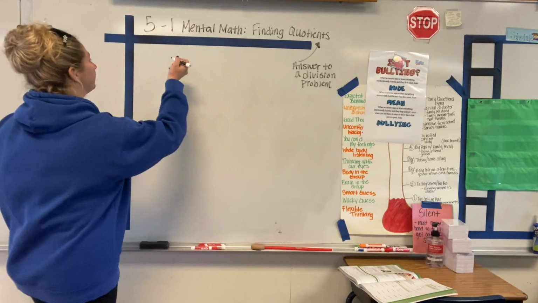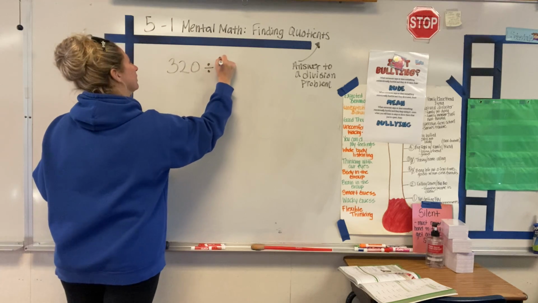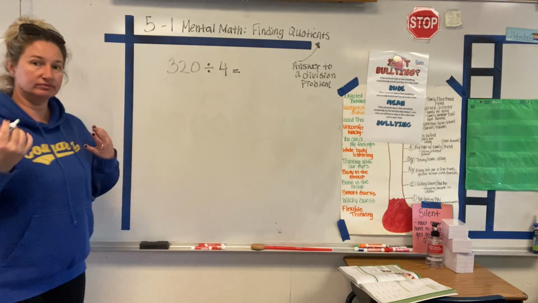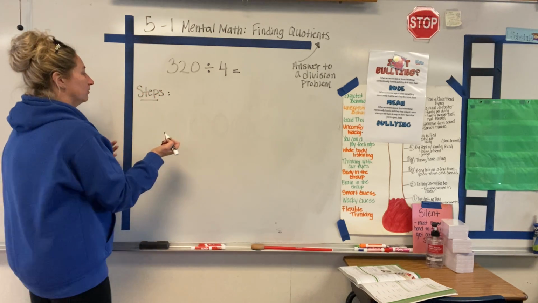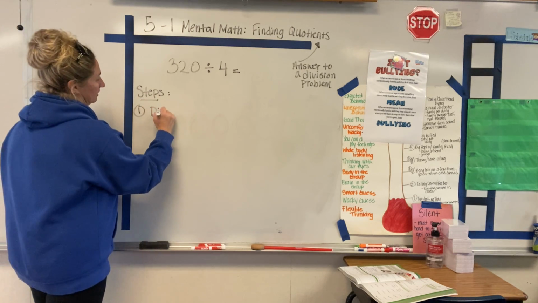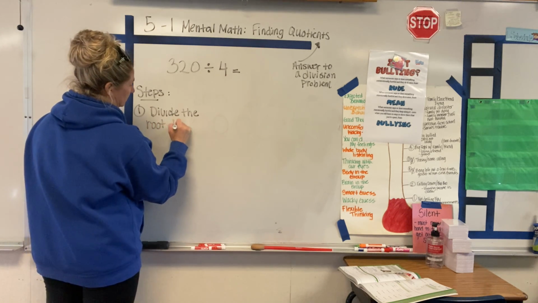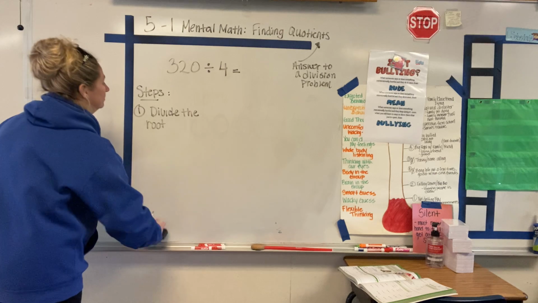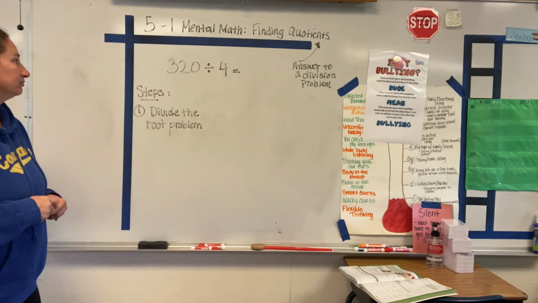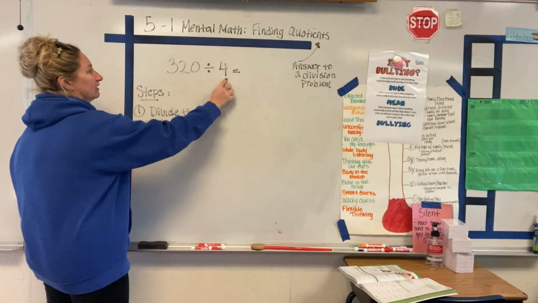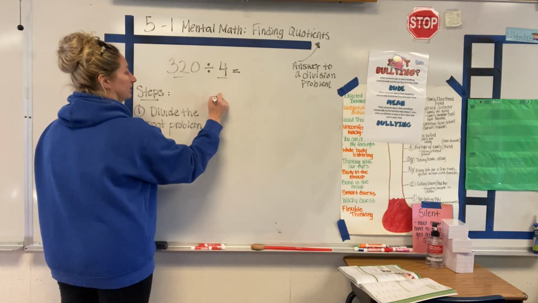320 divided by 4. Okay, so let's do our steps. Number 1, divide the root problem. That is the basic fact, the one that goes with the fact families. So 32 divided by 4